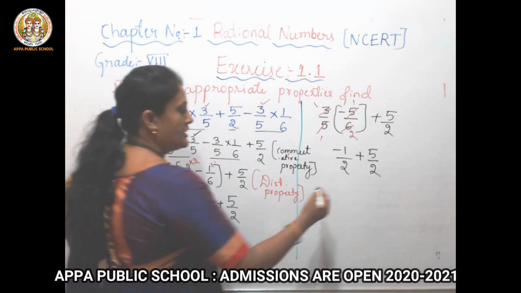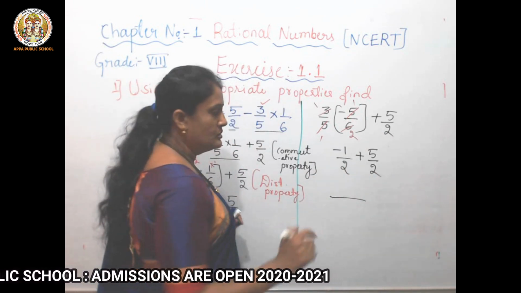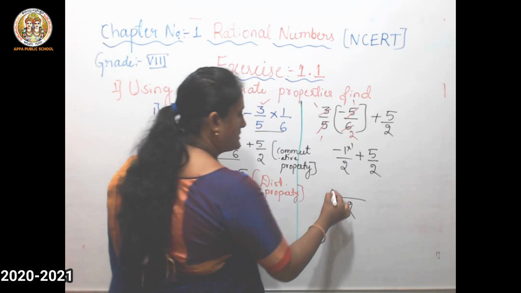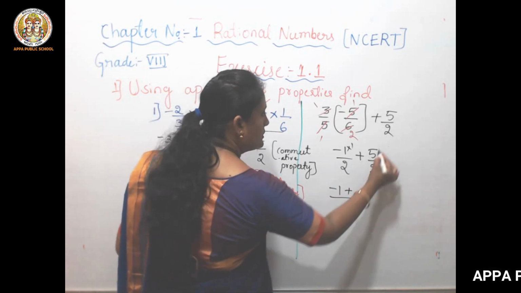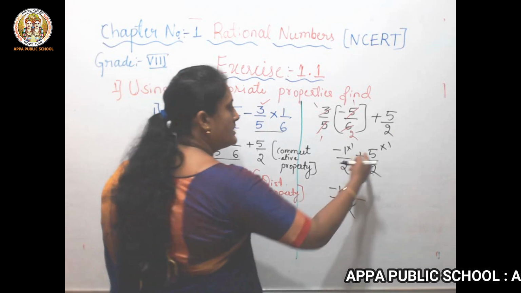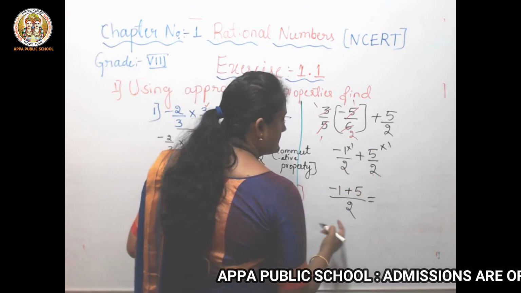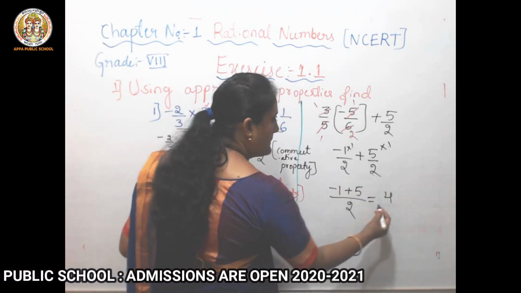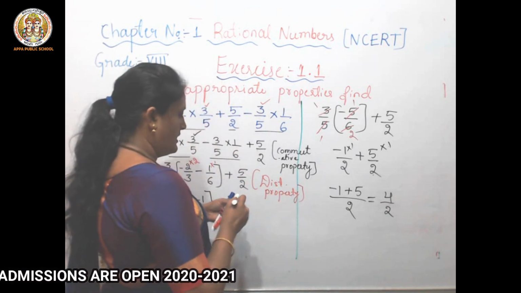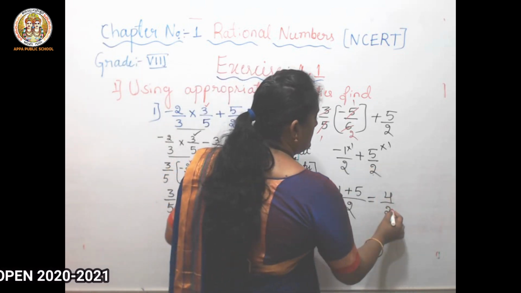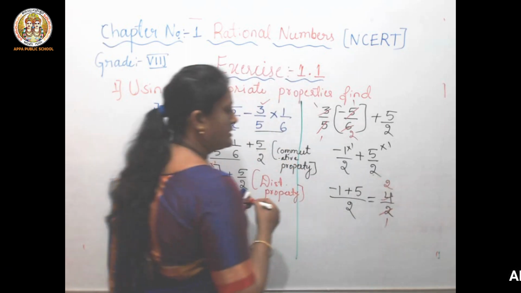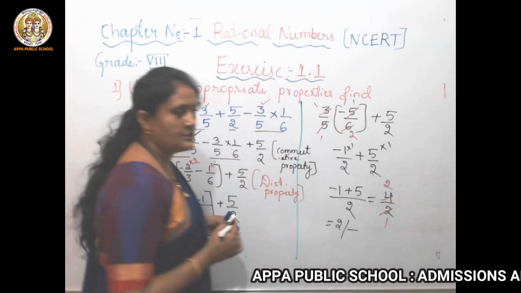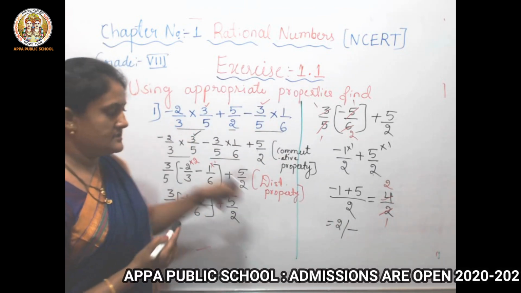Okay. Now on both sides we have denominator 2. So 2 only is the LCM. 2 ones are 2. So 1 multiplied by 1. So minus 1 plus 2 ones are 2. That's why we have to multiply here also by 1. So 5 ones are 5. Next. 5 minus 1 is 4, plus 4, because 5 is greater than 1. That's plus 4 divided by 2. Now further simplification. 2 twos are 4, so 2 ones are 2. So what is the answer? The answer is 2. This is the first answer of this question.